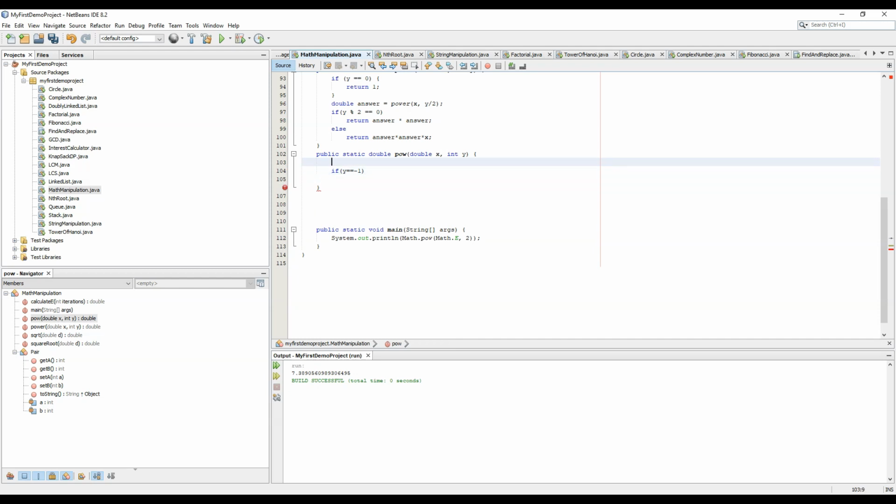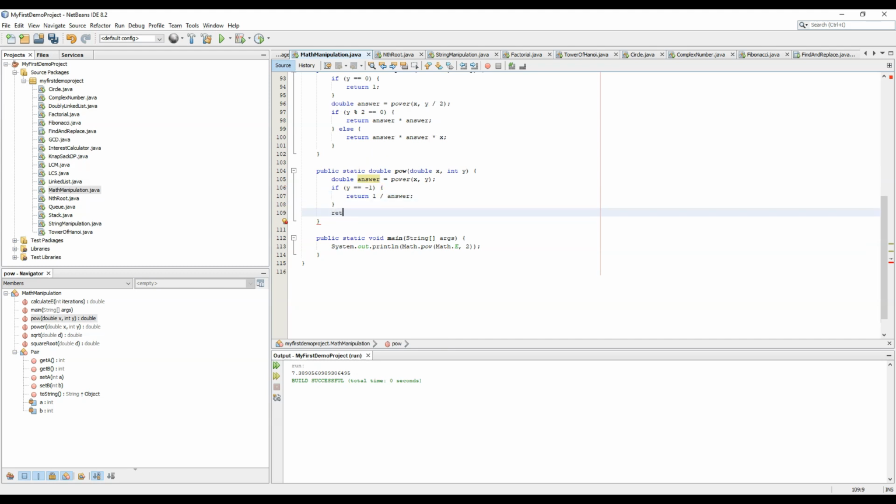So we calculate double answer equals power of x comma y, and return 1 by answer if y is equal to -1, else return answer. So we have calculated the power function.